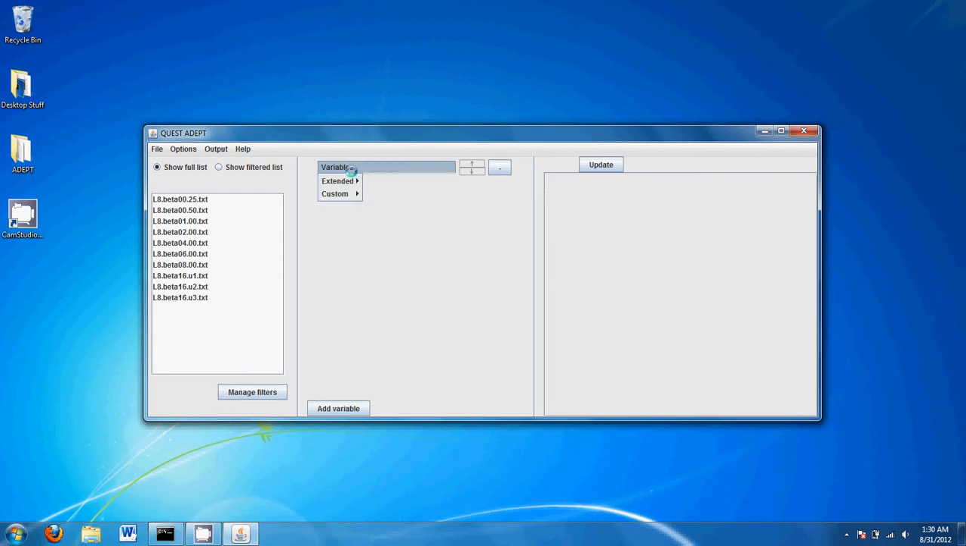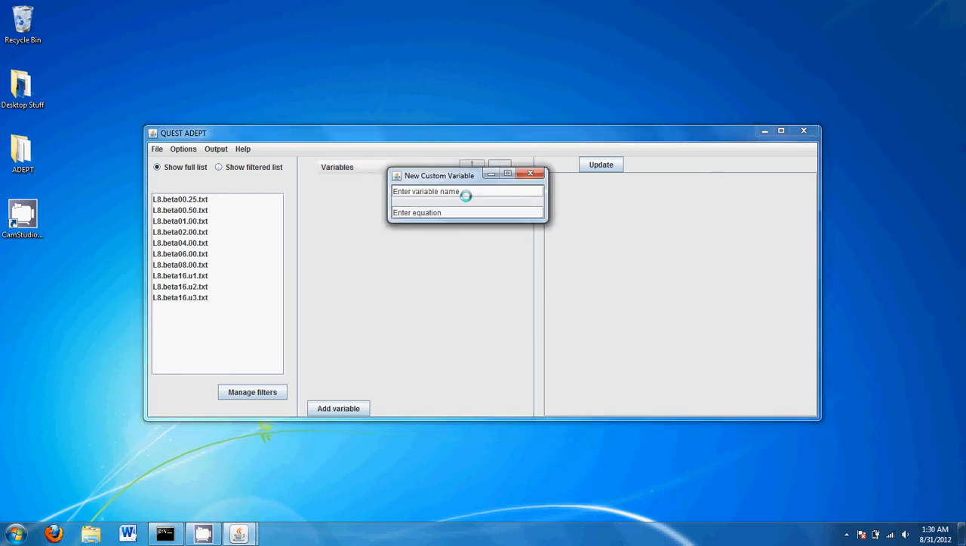Okay, so the first thing we're going to go over are these custom variables. So go ahead and go to custom and new, and for each custom variable you have to create a unique name. We'll start with temperature, say. And as we know, beta is the inverse of temperature, so temperature would be the inverse of beta. So we'll go ahead and write in